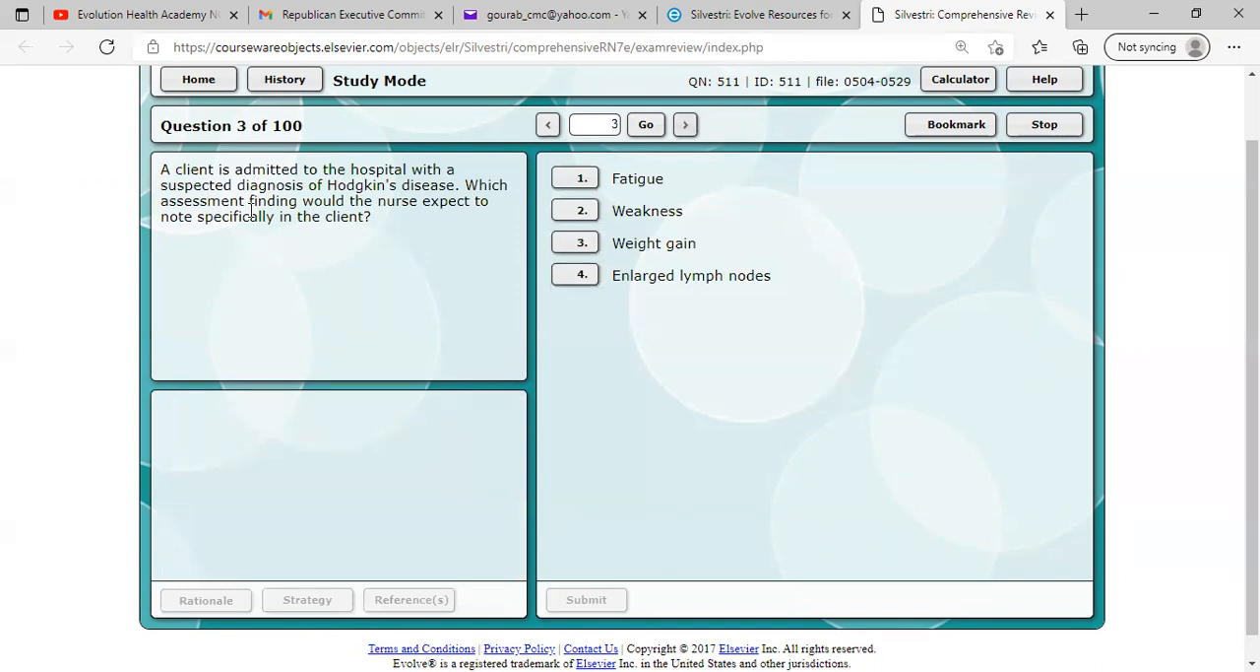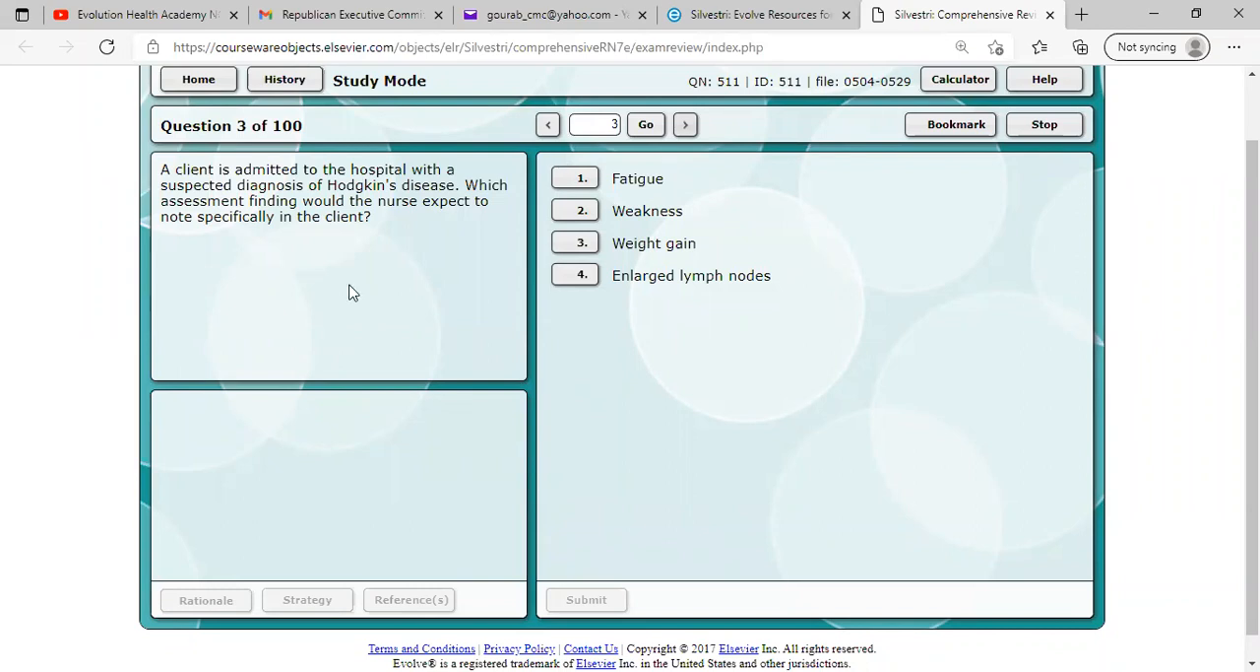A client admitted to the hospital with suspected diagnosis of Hodgkin disease. Which assessment findings would the nurse expect to note, especially in this client? So, if a patient develops Hodgkin disease or Hodgkin lymphoma,